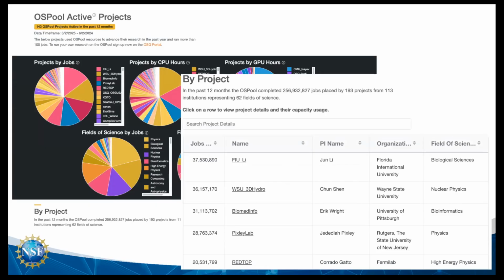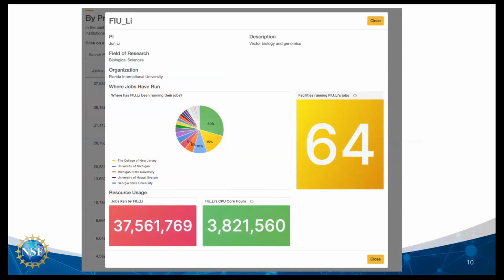Here's another page that the Path group shows. You heard from Eric yesterday on that awesome keynote talk. He comes in at number 3 here, I think, if you're ordering by jobs over the last year. I just think it's interesting that both number 1 and 3 are out of bio. I looked up this FIU project, and in fact, you can click on there and you get this blow up. This is also in the realm of genomics. I think this project is specific to malaria research.